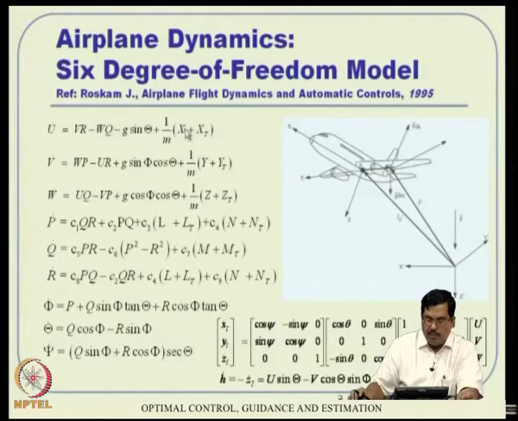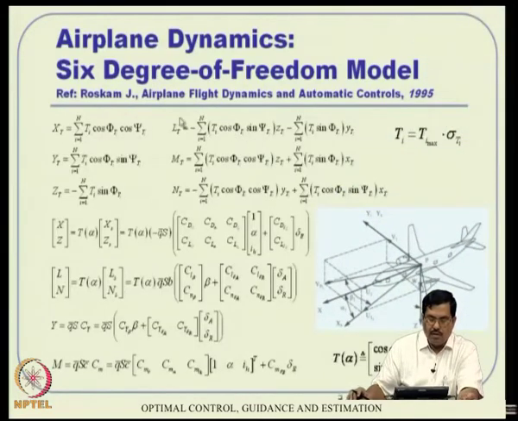So these are the aerodynamic components X, Y, Z, L, M, N, and X t, Y t, Z t, L t, M t, N t are nothing but thrust components. Thrust components are not very difficult to visualize. It doesn't vary unless you have a thrust deflection mechanism, which happens in missiles and launch vehicles especially. Some fighter aircraft also have thrust deflection mechanisms for better maneuverability. But for commercial aircraft, these are fairly well known. It all depends on engine power and what orientation it is fixed at. That is where phi t and psi t come in. Phi t and psi t are not Euler angles, but engine orientation angles